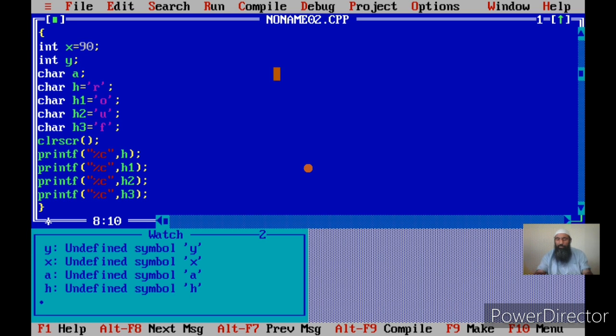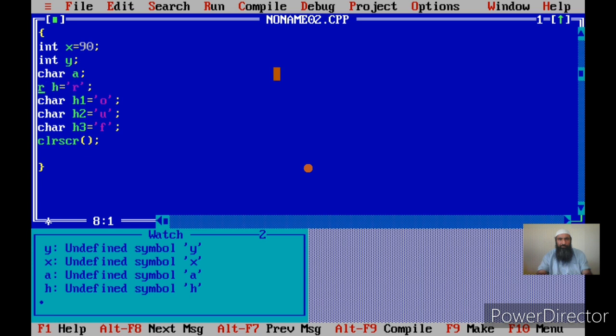Okay. Now let us use other functions. The other functions that can be used to take the inputs are getchar, getche, and getch. How we use them, I am going to show you.